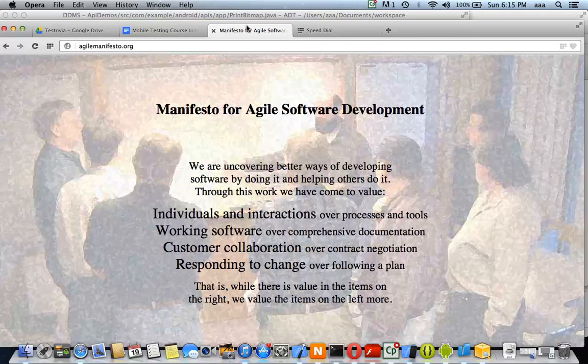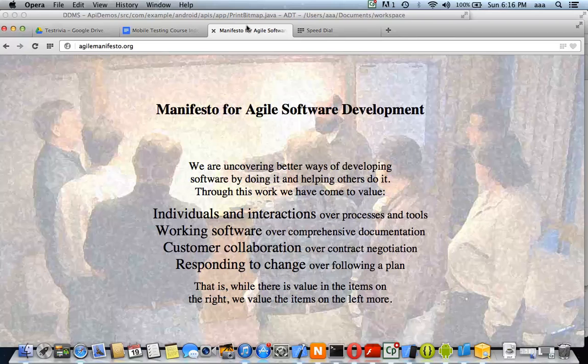We are uncovering better ways of developing software by doing it and helping others do it.